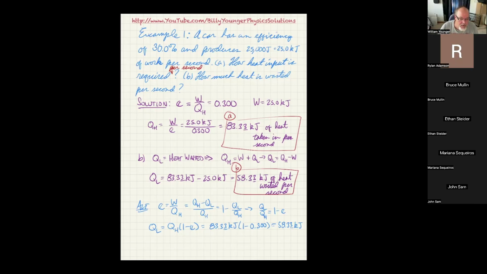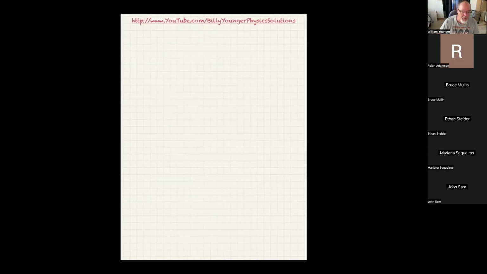All right, so that's a simple problem dealing with a heat engine and specifically the efficiency of it. Your book then talks about the Carnot engine. So I'd like to give you a rough estimate of what the Carnot engine is. So a Carnot engine is supposed to be like a heat engine in that it has steps and phases that we're knowing.